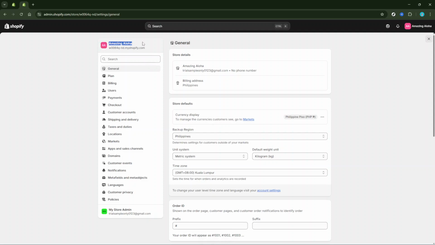Keep in mind that while changing your store name is quite straightforward, changing the actual store URL involves altering your domain settings, which can be a bit more complex. If that's part of your plan, you may need to consult Shopify's support resources or your domain provider. Now you can continue to manage and grow your store with a fresh name that embodies your brand's personality.